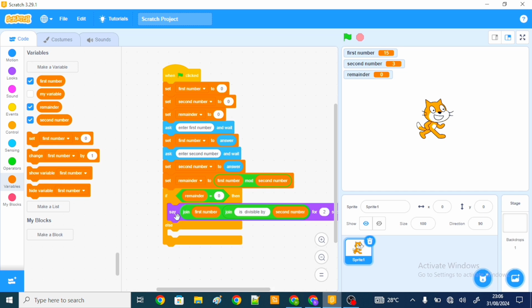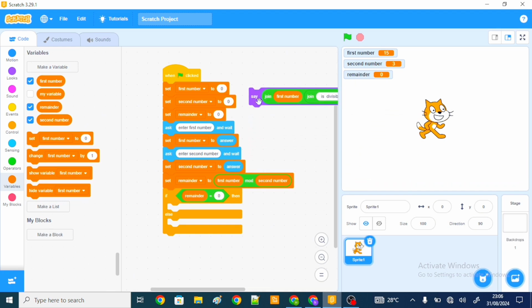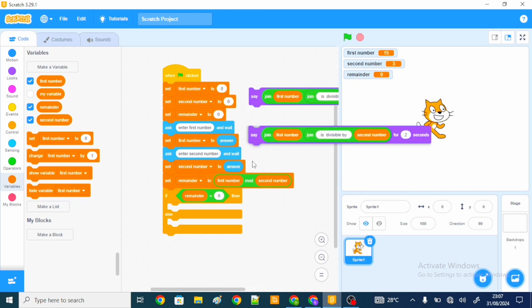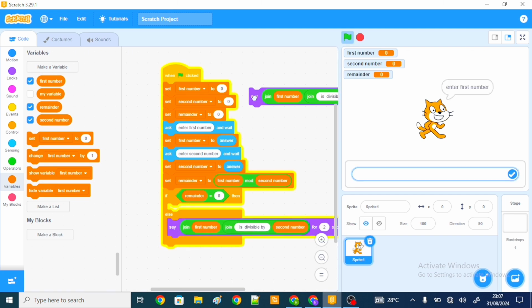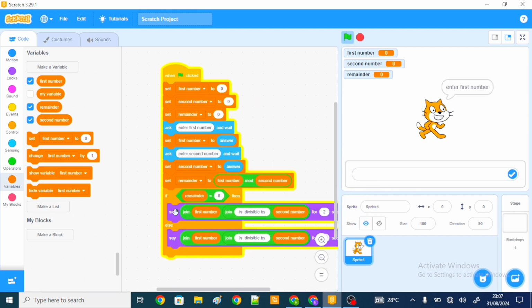What I'm going to do is copy this, duplicate this code, and add it here. So if the remainder is 0, it means that the first number is divisible by the second. So if the first number is 15 and the second number is 3, it's going to say 15 is divisible by 3. And if it's not equal to 0, we're going to say first number is